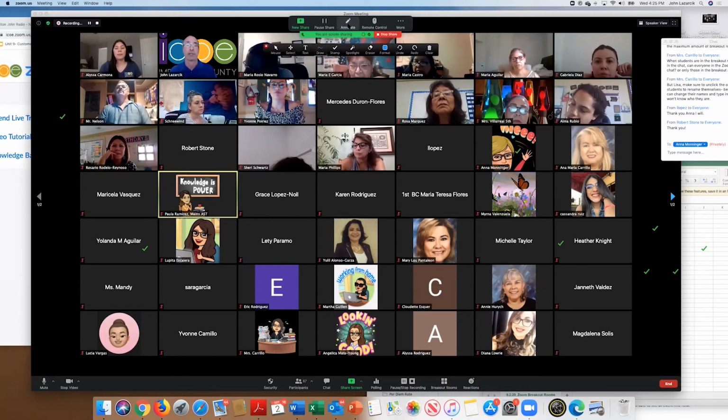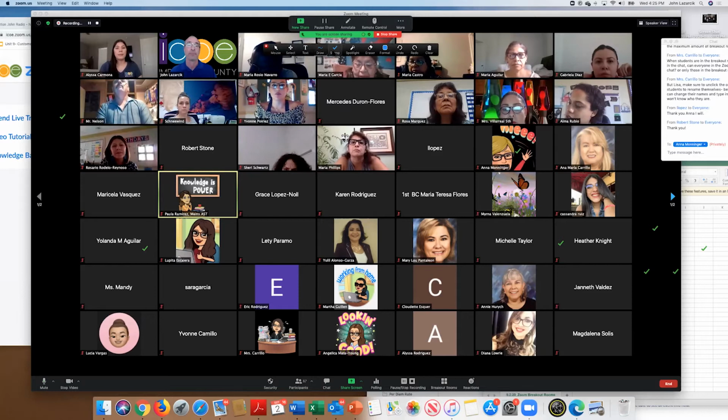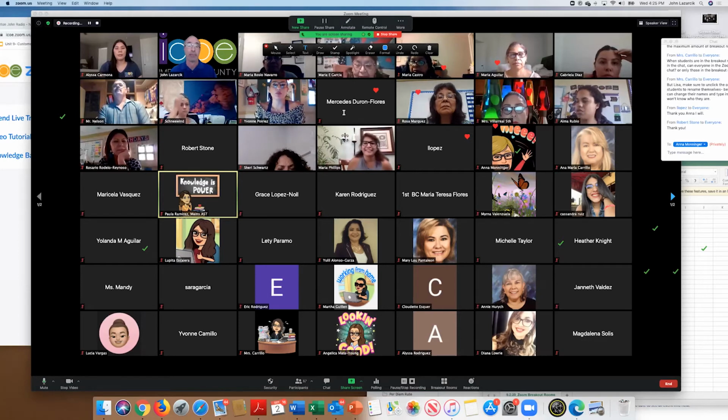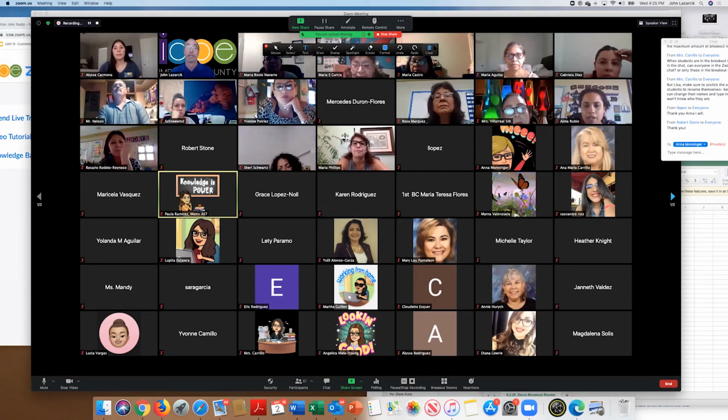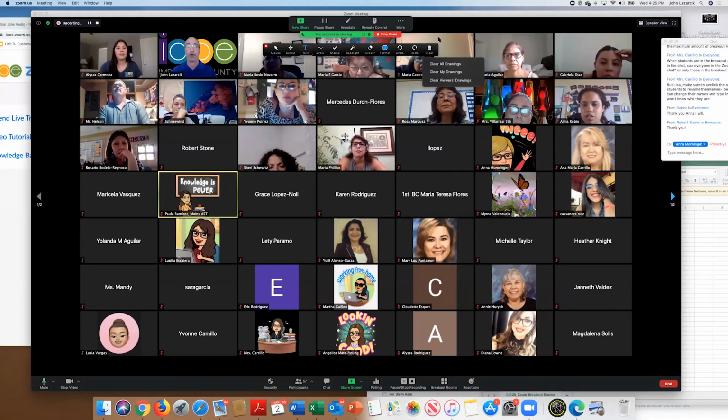And so when you click on Annotate, you'll see these tools pop up, right? So I can click on a stamp and I can place hearts all over the place. You guys can see that, right? So as a teacher, I can model for them. I can put in text right there, but I can also clear everything. When I click on the trash, I can clear all drawings. I can clear just mine, right? So again, I'm the host. I have quite a bit of power in what goes on, even when I'm sharing my screen.